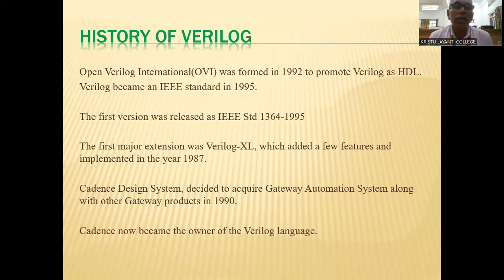The Open Verilog International was formed in 1992 to promote Verilog as an HDL. And in 1995, Verilog became an IEEE standard. The first version was released as IEEE standard 1364/1995. And later, the extension was increased, more new features were introduced, and then another version was released in